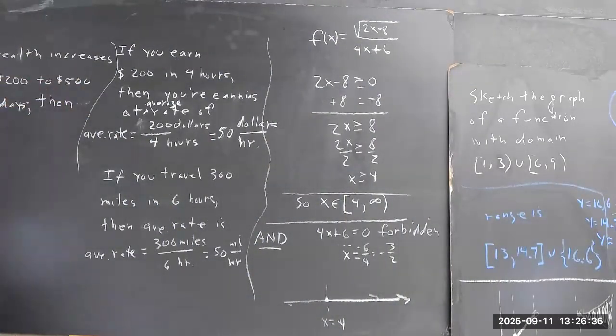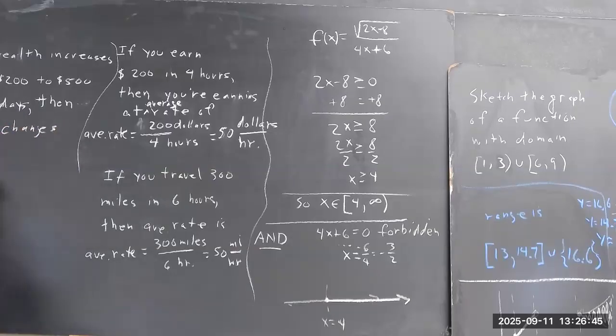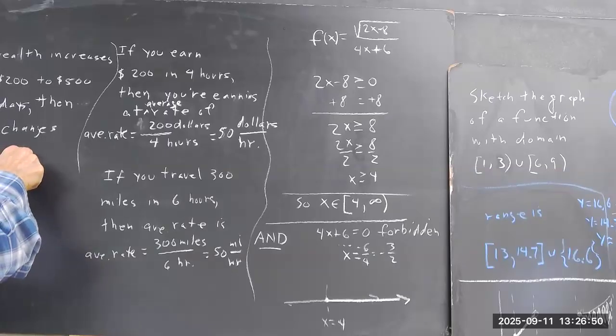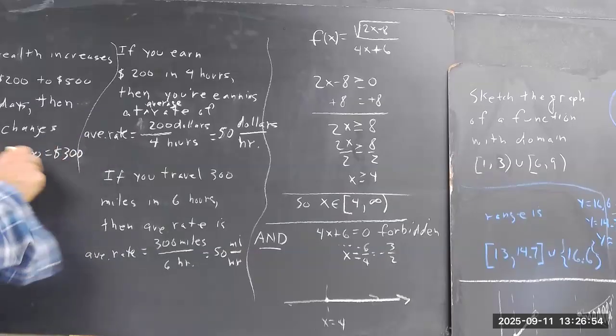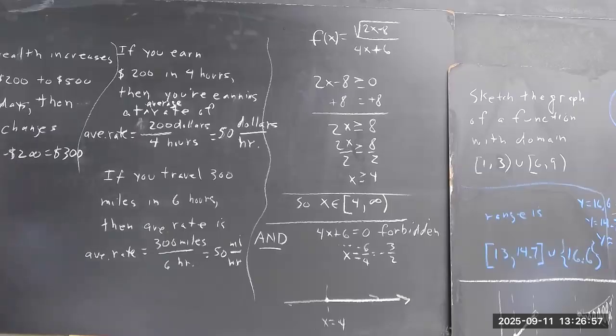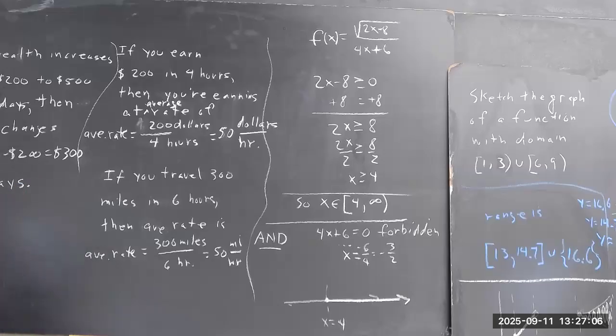Well, I'm going to say then by $500 minus $200, which is $300, in 4 days. Average rate